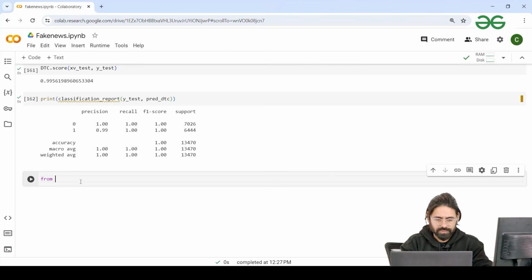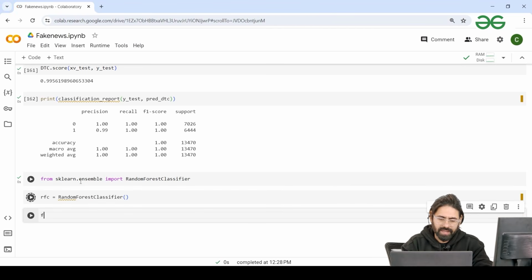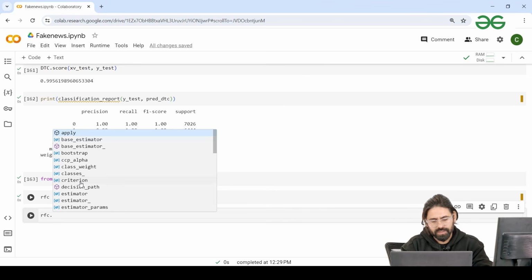Okay guys, so from sklearn, let me create the instance for that, and then let me train it as well, the same as I was doing. And yeah, over my data,